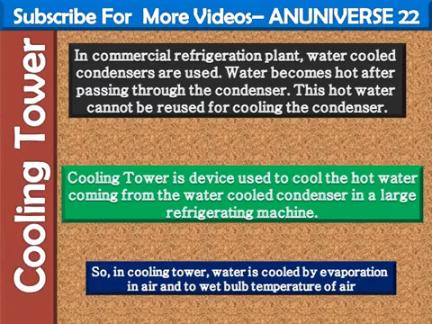The cooled water collects in the pond or in a sump at the cooling tower, which is recirculated through the condenser. And the important point: the capacity of cooling tower mainly depends upon the amount of water surface exposed to the air, the length of the exposure time, and the velocity of air passing over the water droplets formed in cooling tower, and the wet bulb temperature of the atmospheric air.